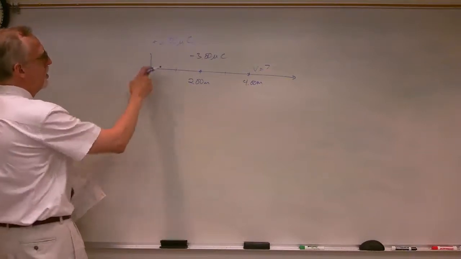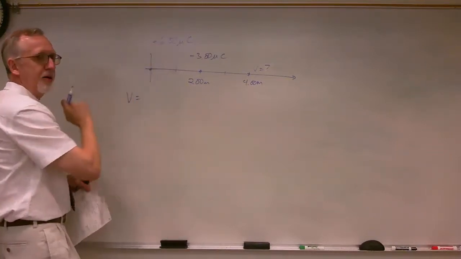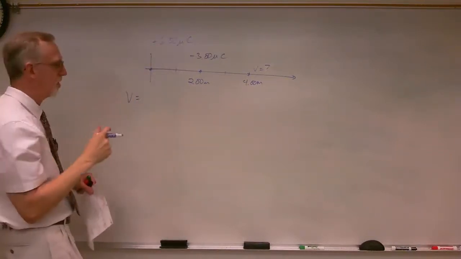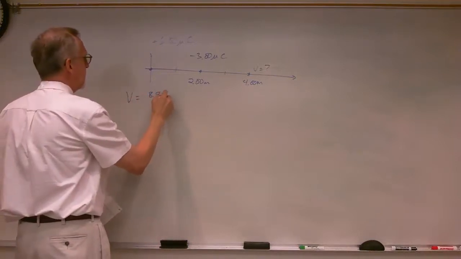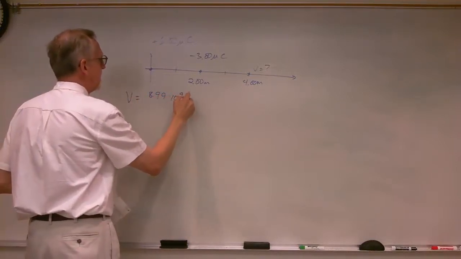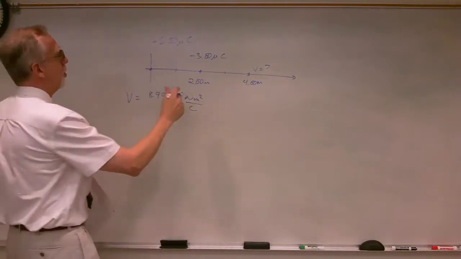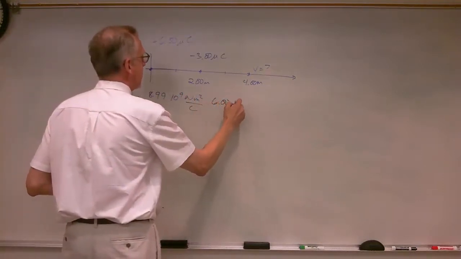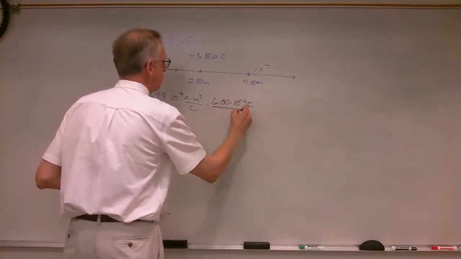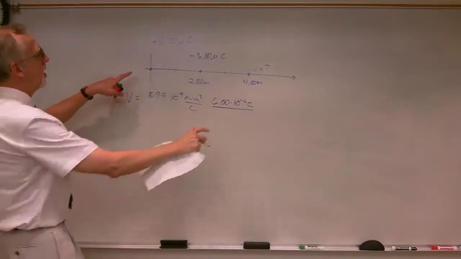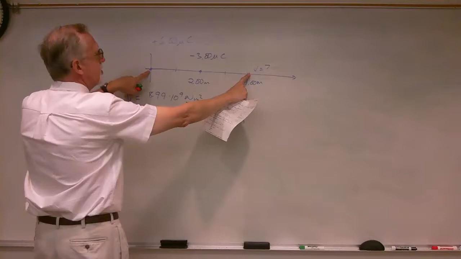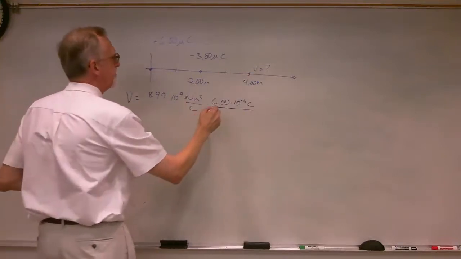V is equal to the potential due to the 6 microcoulomb charge, which will be kq over r, 8.99 times 10 to the 9th newton meter squared per coulomb squared, times q, or 6 times 10 to the minus 6 coulombs, over r. R, in this case, is the distance from this charge to this point, 4 meters,